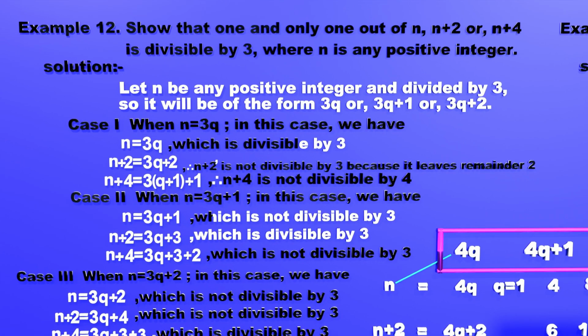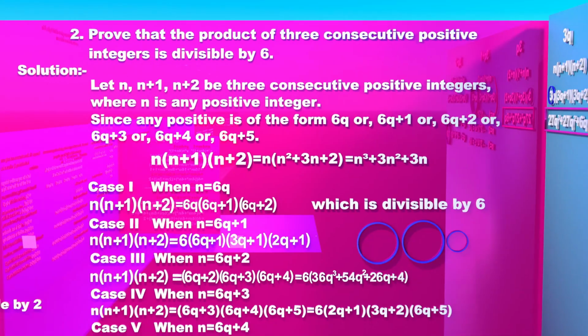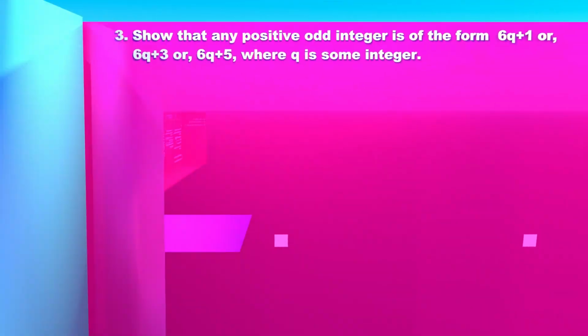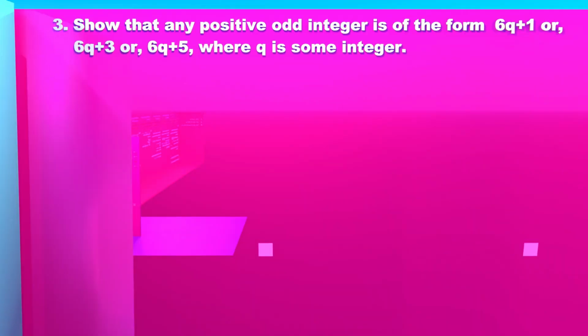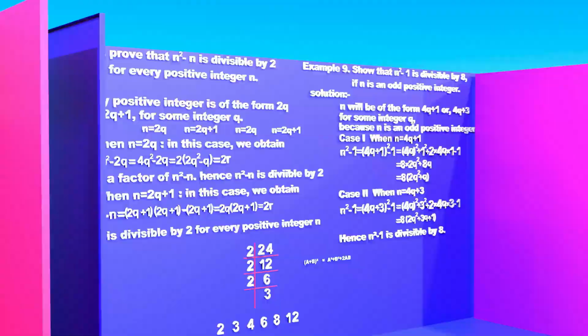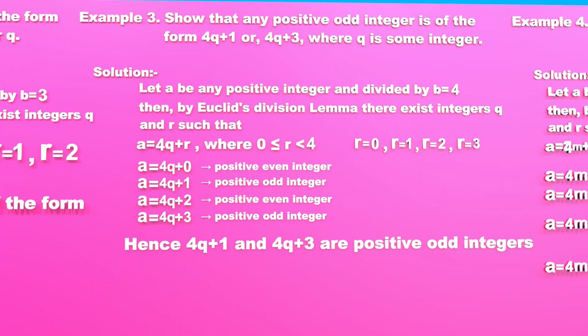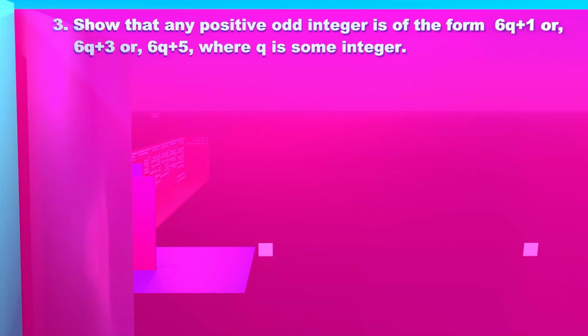I hope all your doubts are clear. Now let's jump to the next question. That is question 3. I think we have already solved a question based on this one, and that was example 3. In this case, we have the divisor 4, and the latest question that we have been asked has divisor 6. Both are the same. The only difference is the numbers, which are 4 and 6. So do it yourself. Let's see question 4.